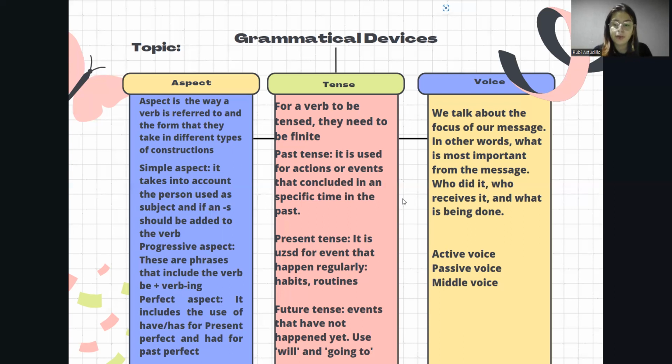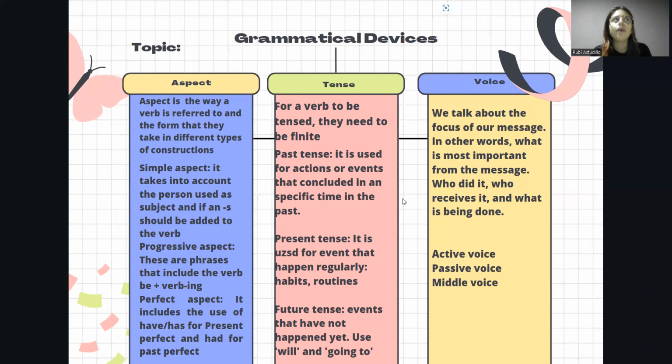Because as I said before, there are some people that still confuse present tense with future tense. For example, they are asked to write about their routines, they will use going to. I say this because I have seen it before. There are people that use going to for routines, and that is a horrible mistake, because for routines we use present tense, because that's something that you do every single day. That's something that happens regularly, so you need to do this. Also, when talking about voices,